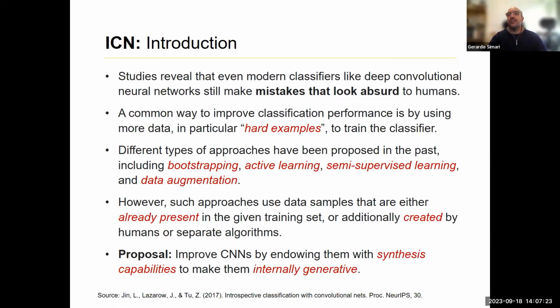So we finally arrived at the model that we wanted to see in this lecture, which is introspective convolutional networks. The authors in this case were motivated by the observation that even modern classifiers like deep neural networks still make mistakes that look absurd to humans. They're very, very good. They even have superhuman capabilities in a lot of classification tasks, but then they also make these kind of stupid